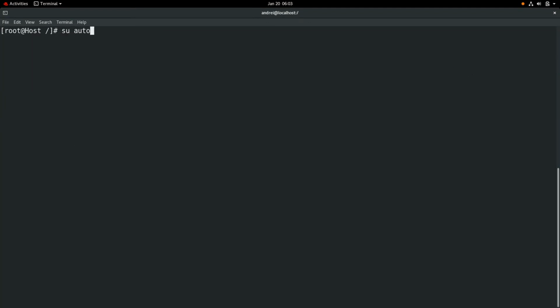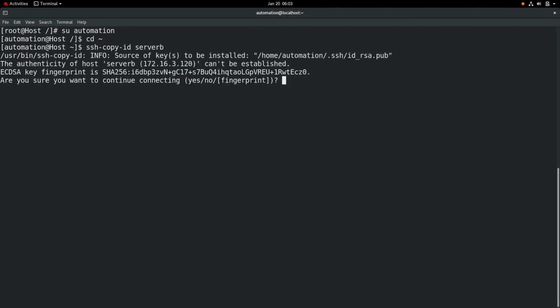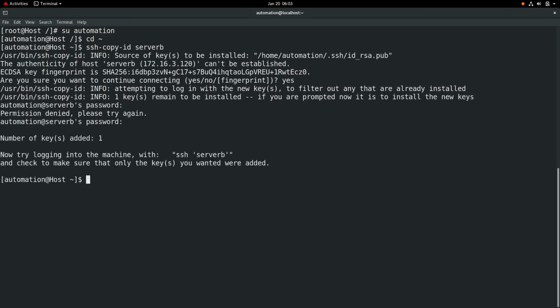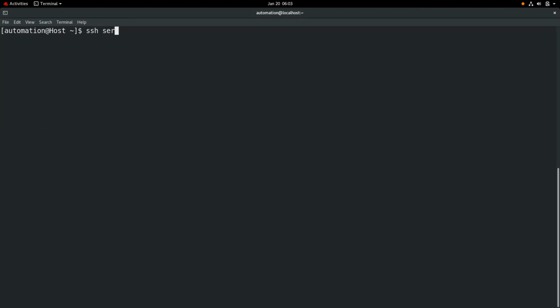I terminated by mistake my automation session. I will log in again to the automation user, change directory back to my home directory, and I will do the same thing for server B. ssh-copy-id server B. I am again prompted for the password, which I will input in order to finalize the key exchange. Well, that was a mistake. So it is done. Now let's see